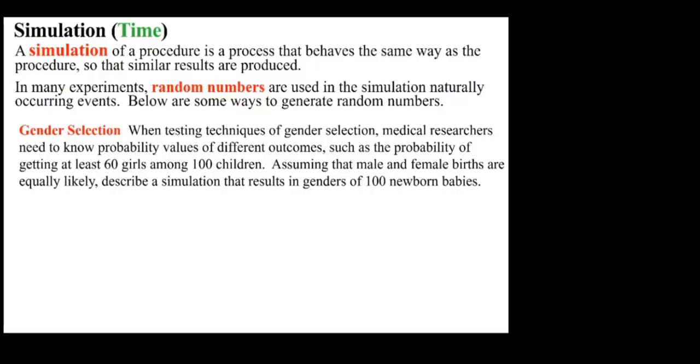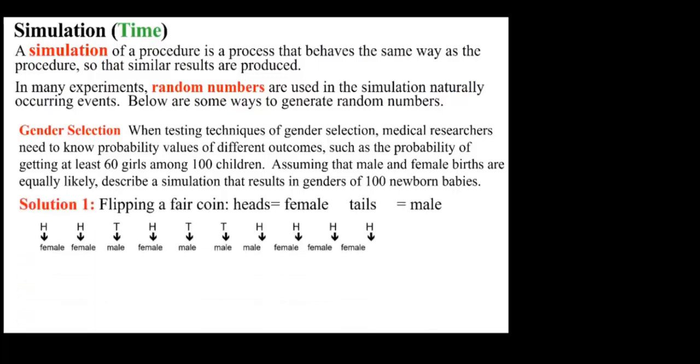So this would be solution 1. A fair coin means the probability of heads and tails are the same, 50%, 1/2. And then you look at that and see what you get. For example, first you have to decide which one represents which. Heads, for example, female, tails, male, or vice versa. It makes no difference. Make a decision and go. The decision has to be made